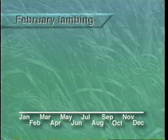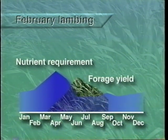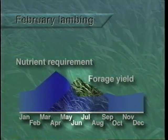Traditional February lambing, unfortunately, is not in sync with forage availability. Peak lactation and peak nutrient requirements occur in March, when forage availability is low. In addition, the period when flushing should be practiced occurs in late summer, when forage availability is, again, low. In contrast, the ewe's minimum nutrient needs will occur in early summer, the period when forage availability and quality are